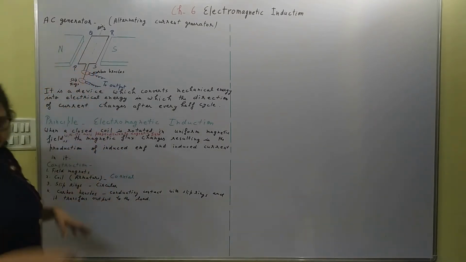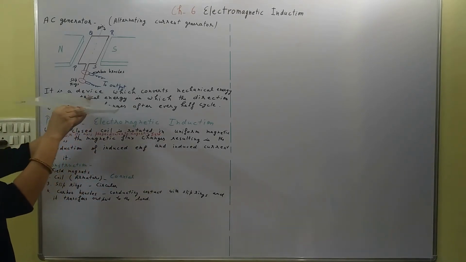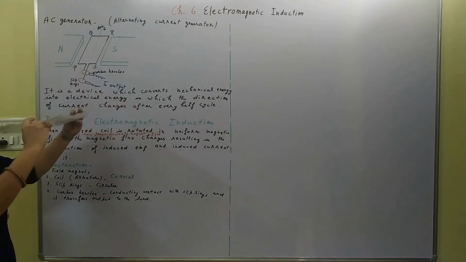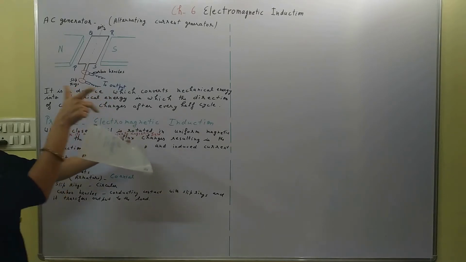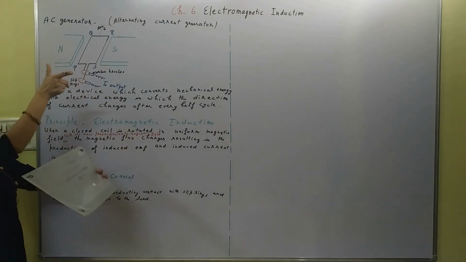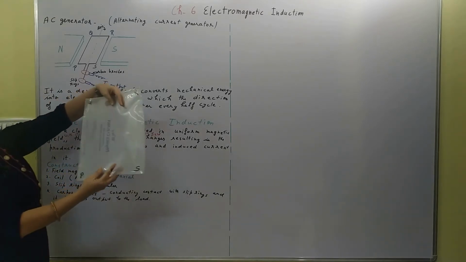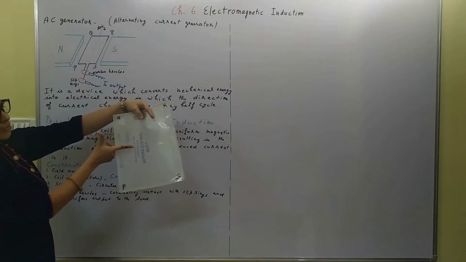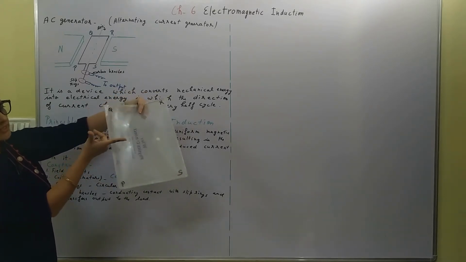If the coil is rotating like this, if your coil is this, and this is rotating like this, here we have one magnet, here we have another magnet. So if it is rotating like this, if you look at the right hand, magnetic field direction is this way, the direction of motion is this way. Now this is your coil PQRS, magnetic field is this way, motion is this way, upward, it is moving like this.